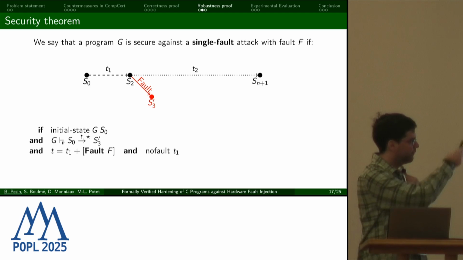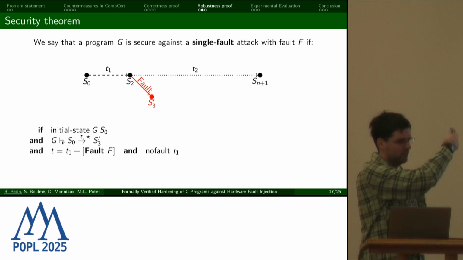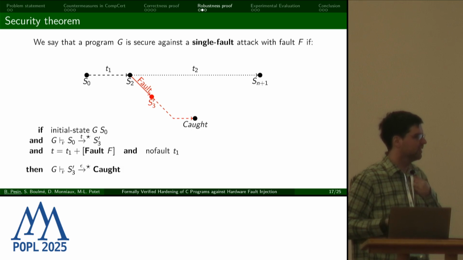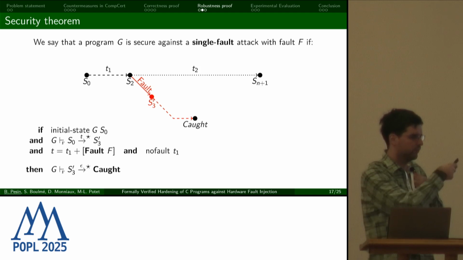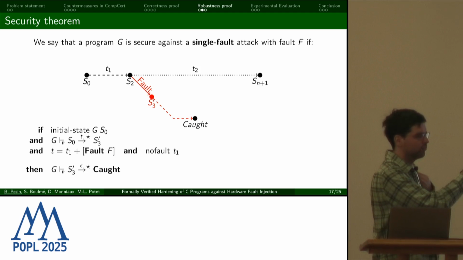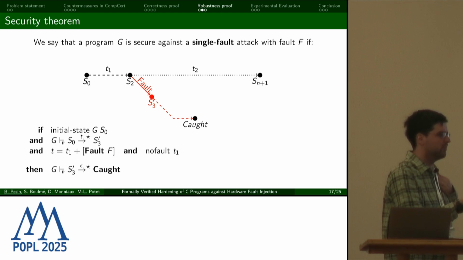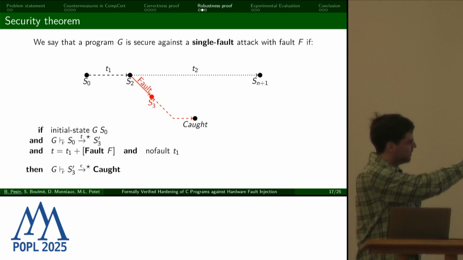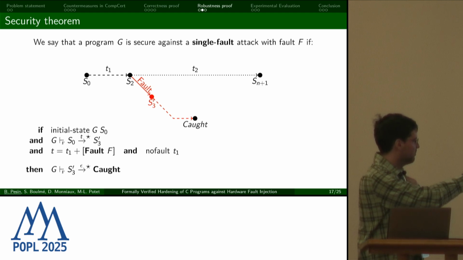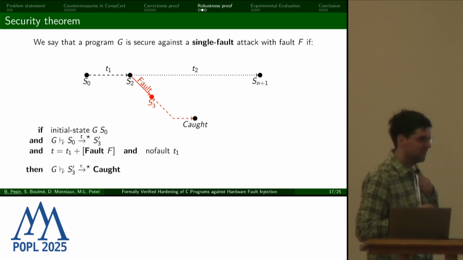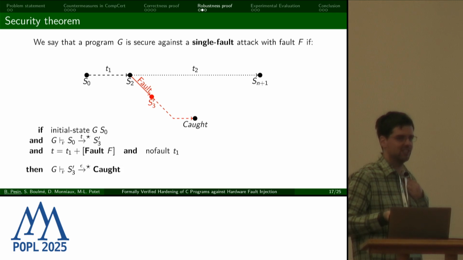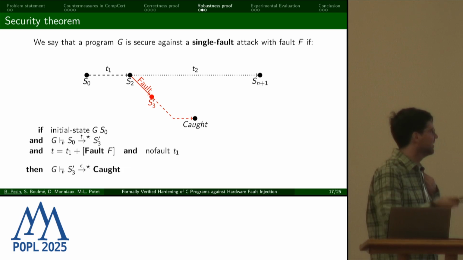It essentially means that if ever there's a fault somewhere in our execution, then if we continue to step, if the program continues to execute, it will always end up in a state where the fault has been caught. It's a special state that we introduce, which essentially means we went to this special catch instruction that I showed in the example. And most importantly, we do this new sequence of steps without doing any observable event. Here's the trace at the bottom. You can see that it's empty, because if there's an observable event on this trace, it means probably the attacker managed to leak some secret or to do something to the machine that we didn't want to happen.